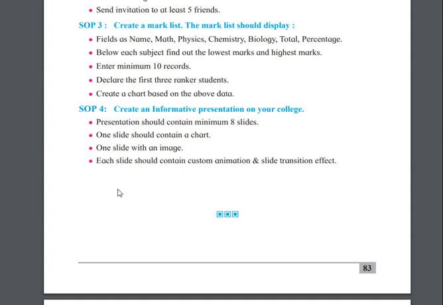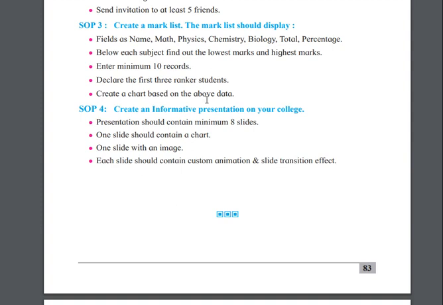That is how to take the new slide, then if you want to insert any chart in your presentation, how to take the chart, how to take an image, and how to add the transition effects and the animation effects, that you all have to take in this first practical of your IT. Okay, and you can take the printout, or else if you don't have a printout of your presentation, it's okay, because the presentation will consist of 8 pages.